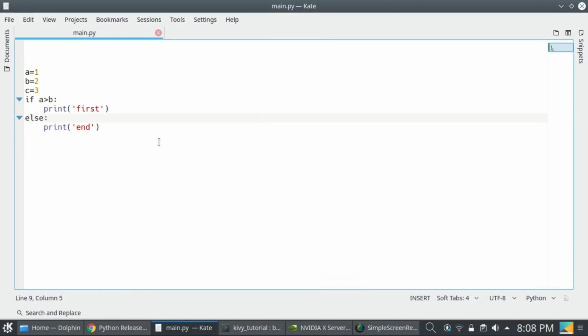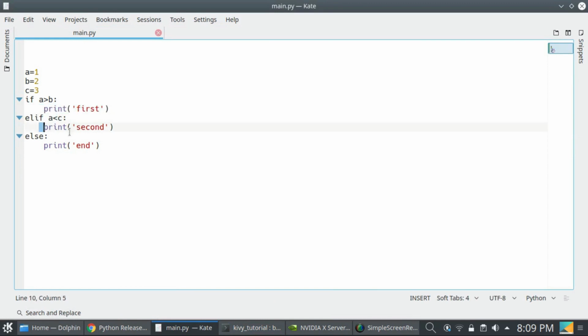You can use else if, like elif, and check another condition, A less than C, then print second, else print end. When this is true, then this block will execute.